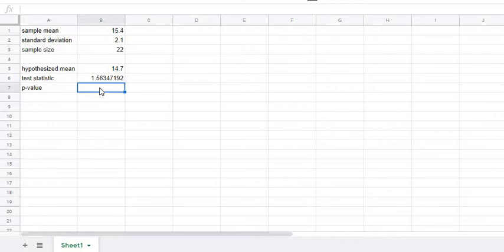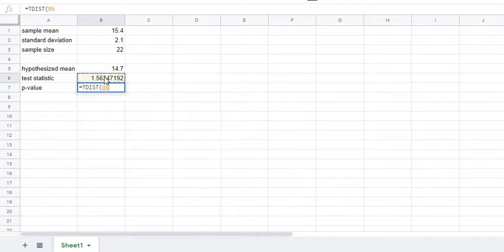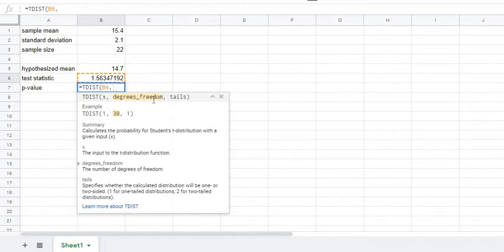Now let's calculate the p-value. We're going to use the t-distribution function. So we're going to have equals, start typing in T.DIST, and you can see the t-distribution, which is the student's t-distribution. Click on that. Now it tells you what you need to enter. X is going to be the test statistic, so we'll click on the test statistic for that first one. The degrees of freedom is n minus 1, or your sample size minus 1. So you could click in this minus 1 for your degrees of freedom, or you could just simply type in